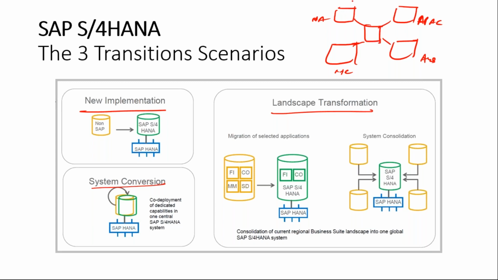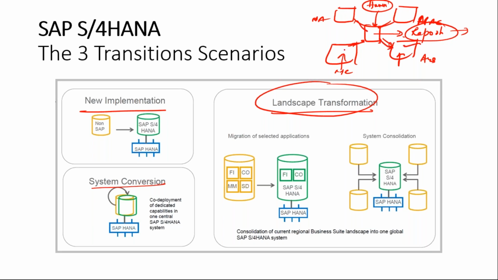Some customers would say, now I'll be using all these systems, but for reporting it has to go to the HANA system. So that is called a landscape transformation. I'll consolidate all these things, putting them into one single system, and I'll be using it for my reporting. And there will be a lot of harmonization techniques that need to be done. It's comparatively complex, right? Because your master data management changes would happen. MDM master data would actually get changed, right?